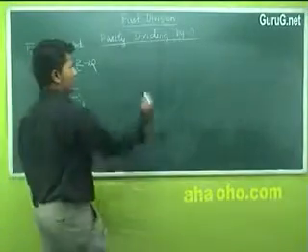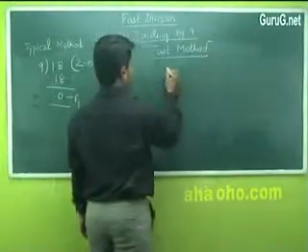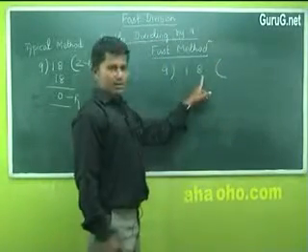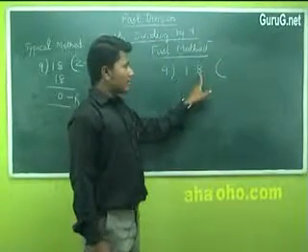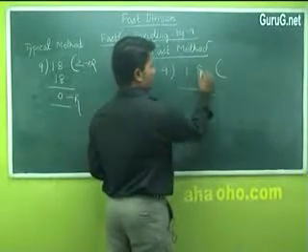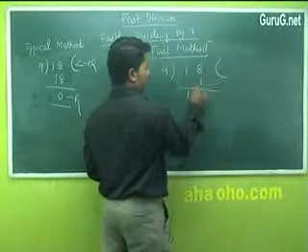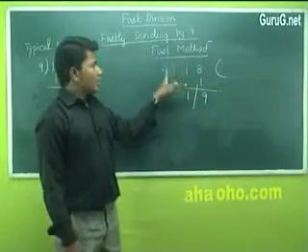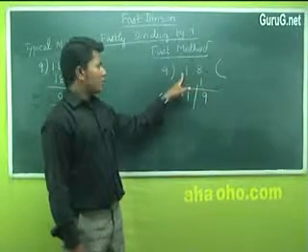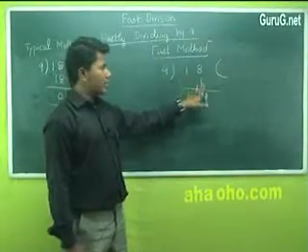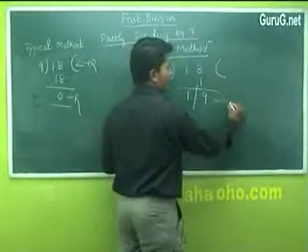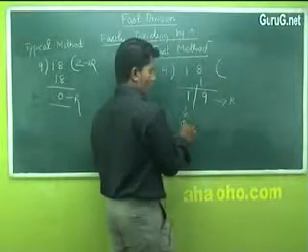How will you do this in your fast method? In your fast method, the procedure is you have to see the last number. Before the last number, you have only one number here, so it is 1. So place 1 here. 8 plus 1 is 9. Bring the number down. This is the procedure for fast method. So this will be your remainder and this will be your quotient.